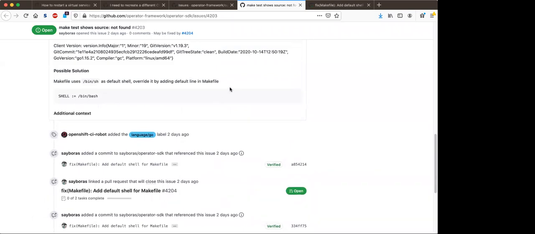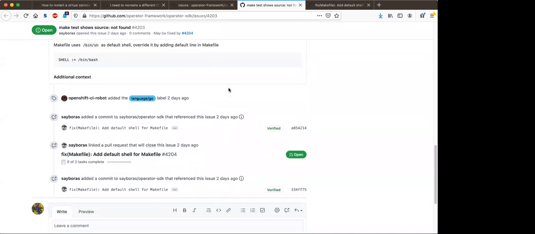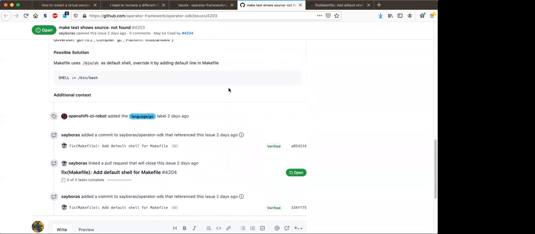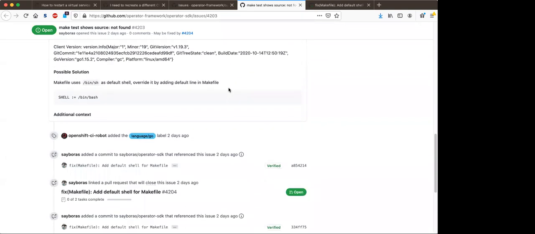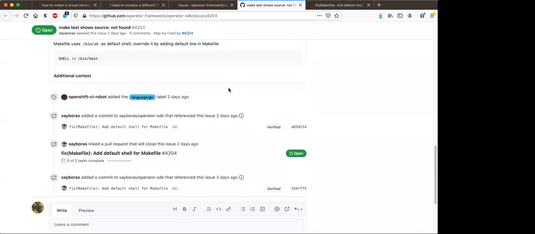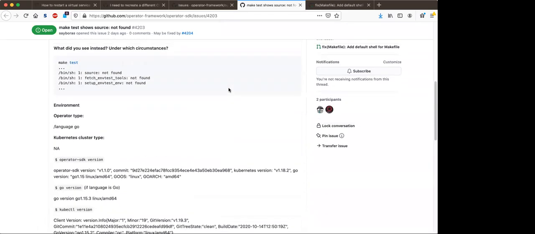I don't know if that's the best way to do it because that prevents people from using whatever shell they want in the makefile. On the other hand, maybe we should be requiring that dependency because it provides a lot of nice, pretty, well-known and prevalent tooling for the makefile. And then the other one is to modify the scripts so that it will always call bash itself, so we don't have to set it in the makefile.